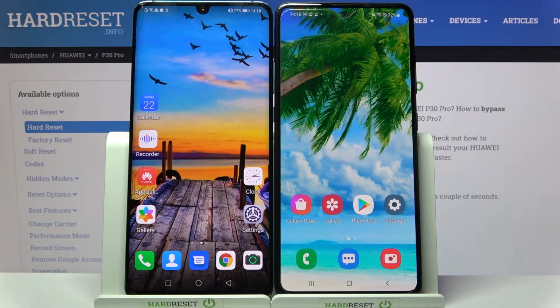Hi! Today I would like to show you how you can transfer files from Huawei P30 Pro to an Android